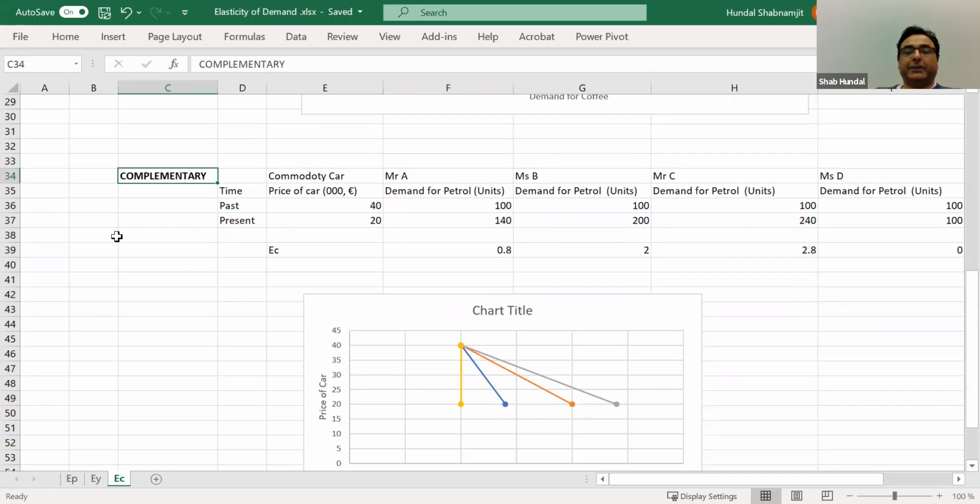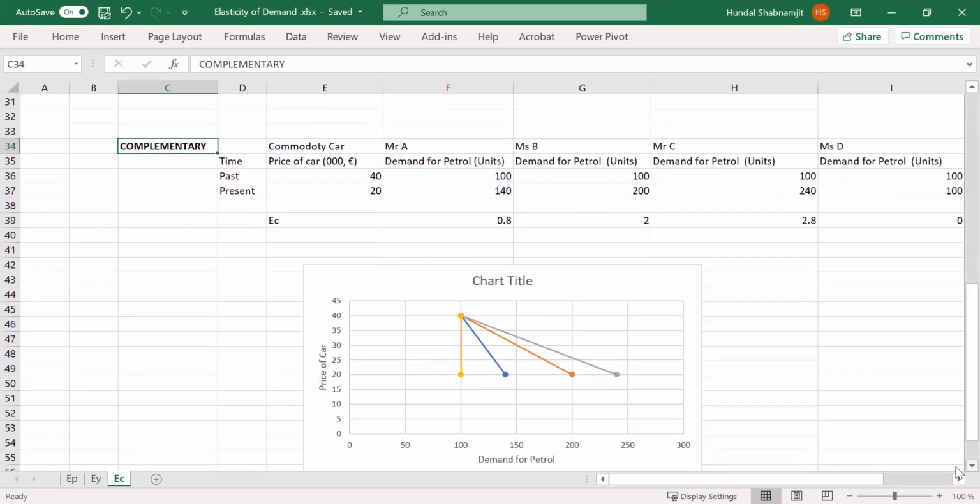What are complementary products? Like which depend on each other. Whose demand go together. So when you demand more of one, you have to demand more of other also. And when you demand less of one, you demand less of other also. So in this case, the cross is between,